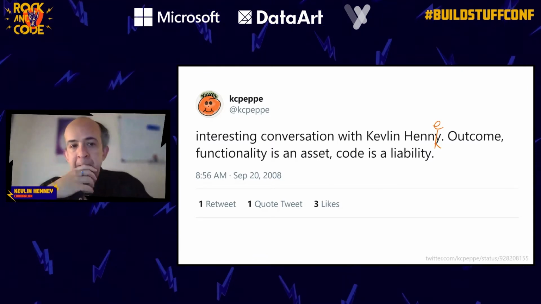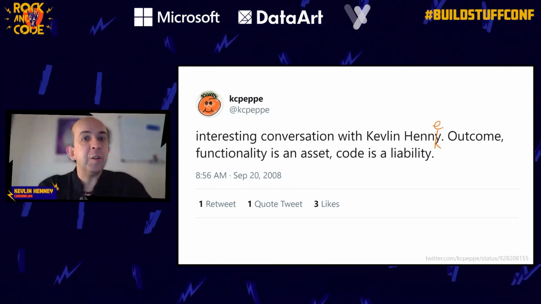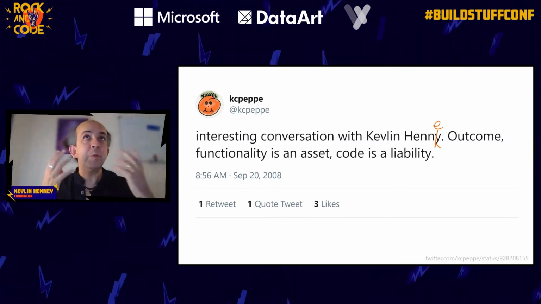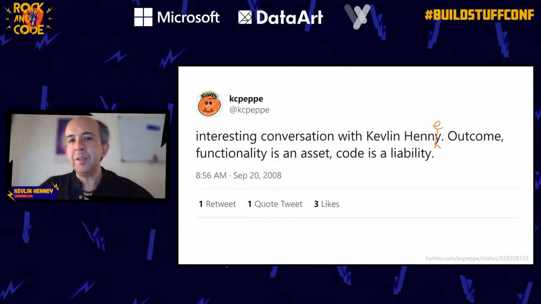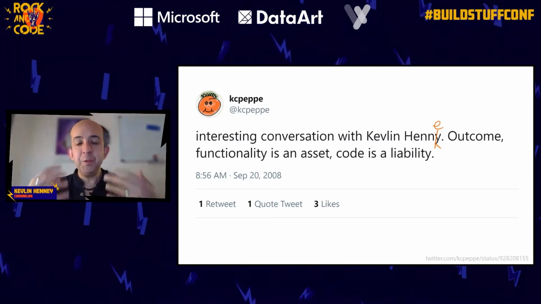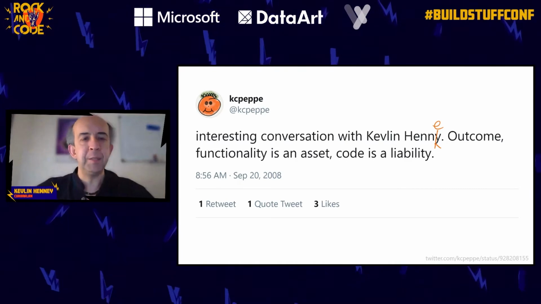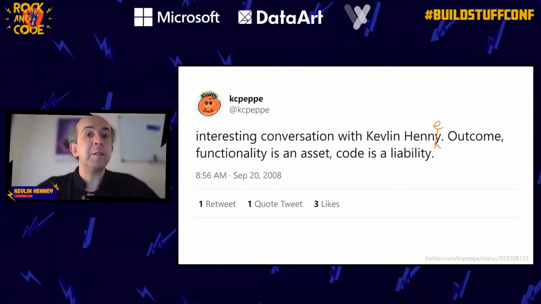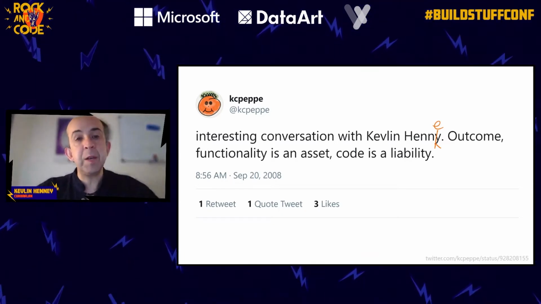That's the thing. Code is the thing that prevents us from doing the thing that we want to do in our software. It is also the thing that enables it. But when you imagine the thing that you're going to work on, you say, okay, imagine it. Okay, I'm done. Except you're not done. You've only just begun. You now actually have to do this. What is the thing that is holding you back from putting the functionality in? What is the thing that is preventing you from getting the idea right? It's code. It's all the code that's already there. It's the code that you now need to express.